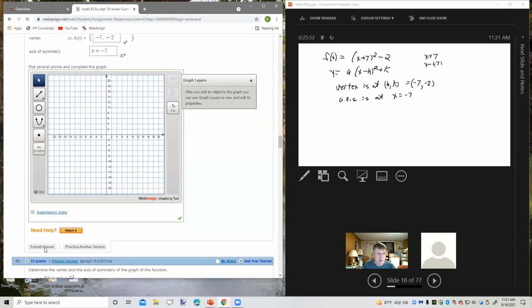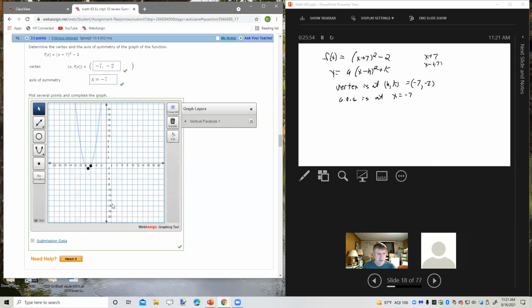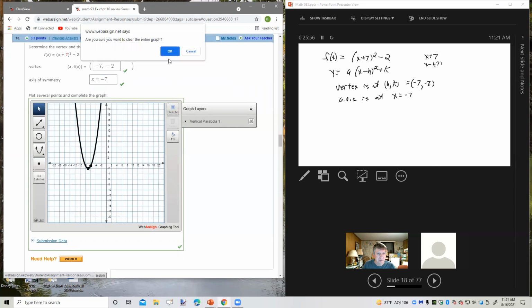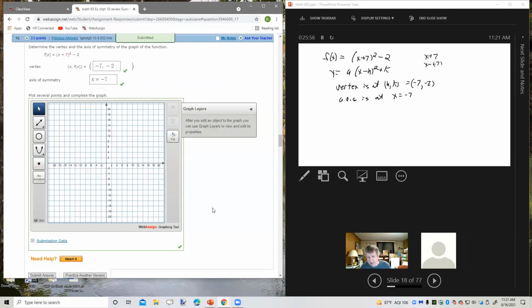Pay more attention to what I'm doing here, as usual. Okay, now, let's get rid of the parabola. I know the answer keeps popping up because of the mode that I'm in here. All right, now, recall to graph a parabola in WebAssign, we need to find the vertex, and then after that,